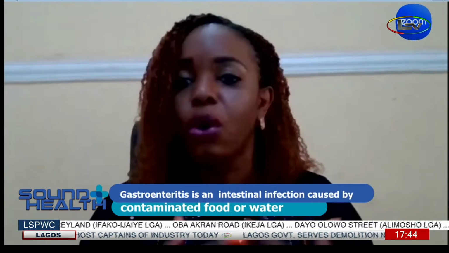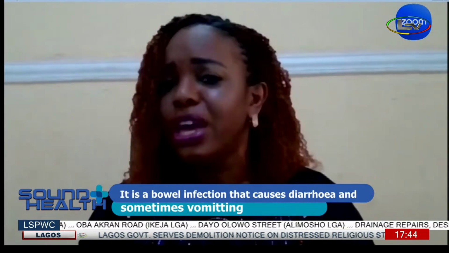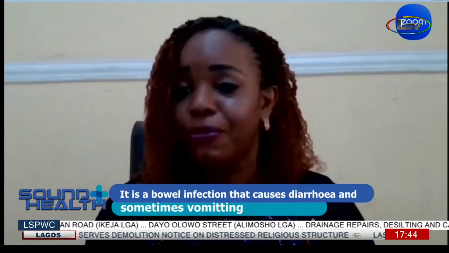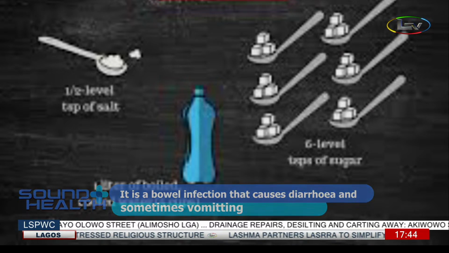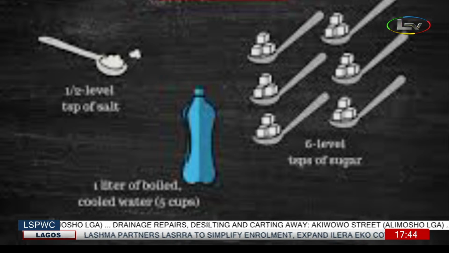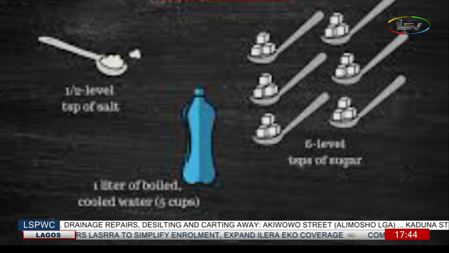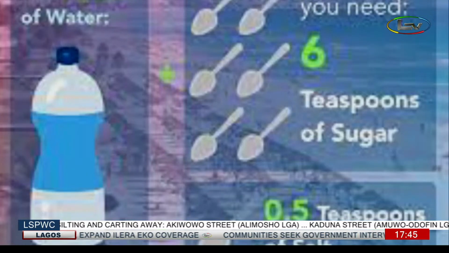And this home remedy is very simple. It's what we call the oral rehydration salt, or the oral rehydration solution. It's sold widely in all pharmacies and chemists around. And then you can also make it at home if you intend to make this ORS at home. To make your ORS solution at home, basically what you need is 1 liter of water, half teaspoon of salt, and then 6 teaspoons of sugar.